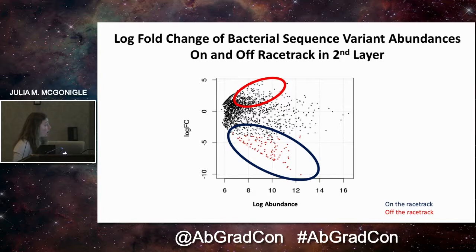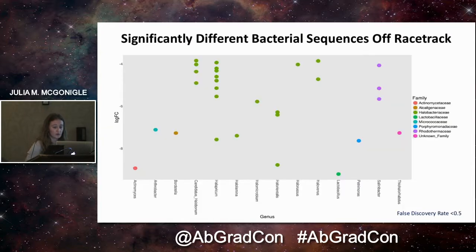So then all of these red dots right here indicate a sequence from some microbe that is similar to everything that is off the racetrack that isn't really on the racetrack. So then you can say, what are those sequences? And this isn't really that exciting. It's just Halobacteriaceae again,